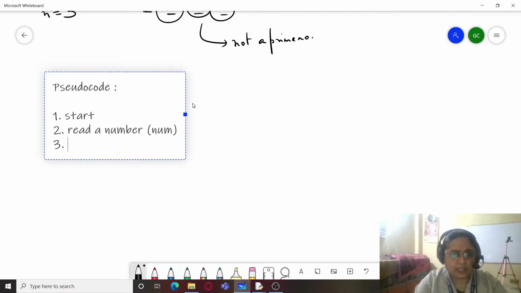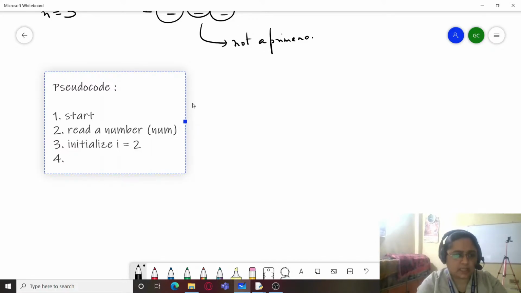Next step would be, I will have to first fix certain things, like I will be fixing a loop control variable because obviously I will be running a loop from 2 to num minus 1. So I will write here: initialize i equals 2, and now I will start with a loop.